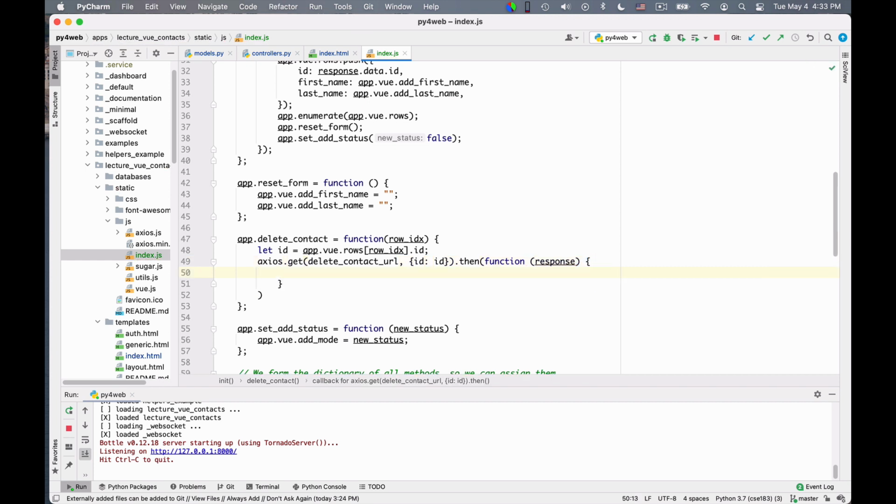Okay, and so here is a subtle point. You could have a slow network connection and you could be clicking on these delete buttons very quickly. So I'm not actually sure yet that this row index is still true. It is true at the moment you click on the garbage button, because at that moment that's the index of the row you have in front of your nose.